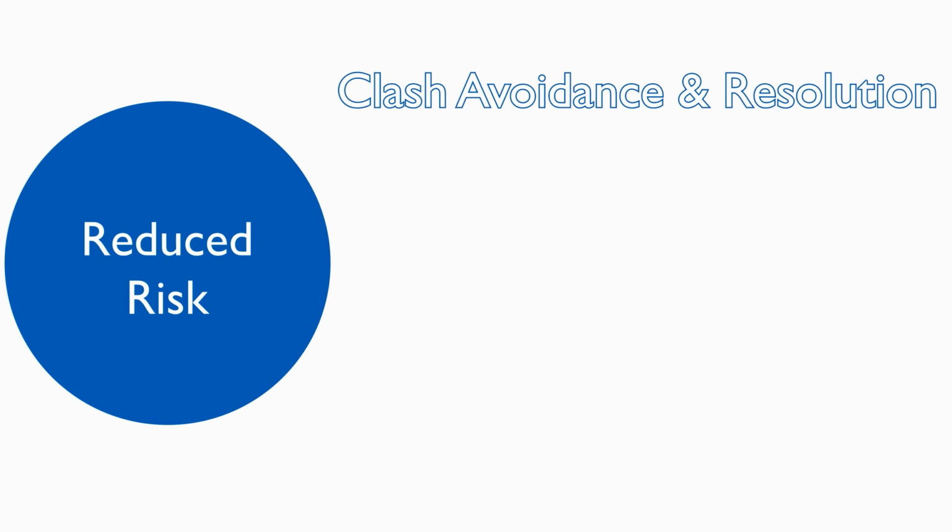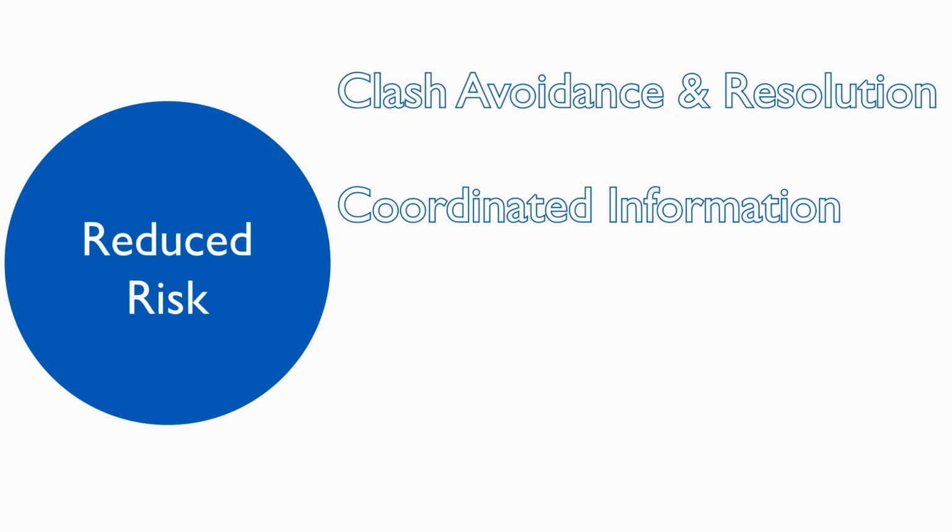So that coordinated information is incredibly useful in terms of the design process, but it also means that we can have a structure to our data. So the clients making decisions on whether to proceed from stage 2 to 3 will have a better set of data in terms of area schedules,